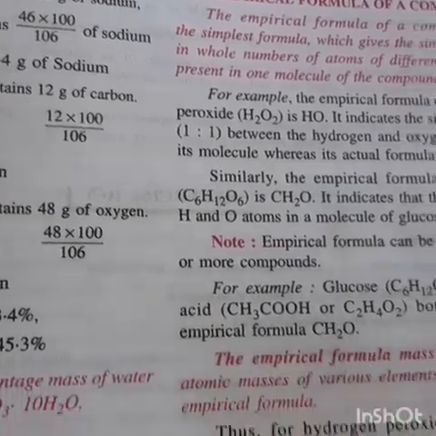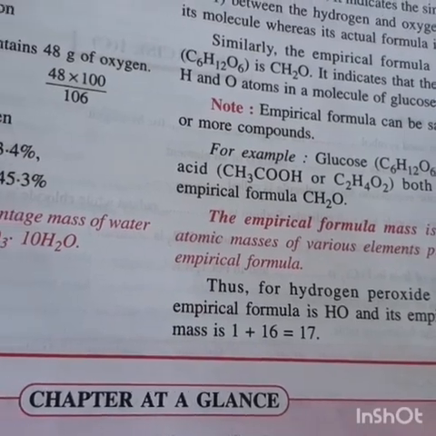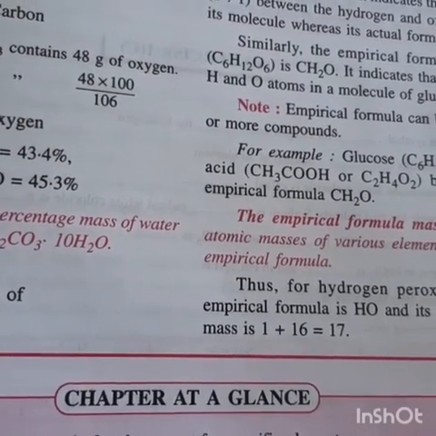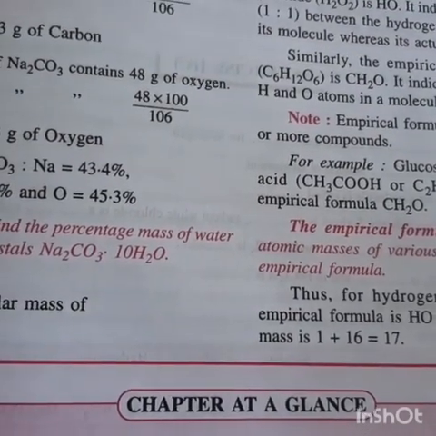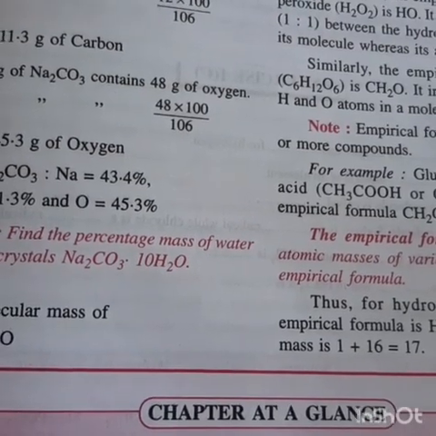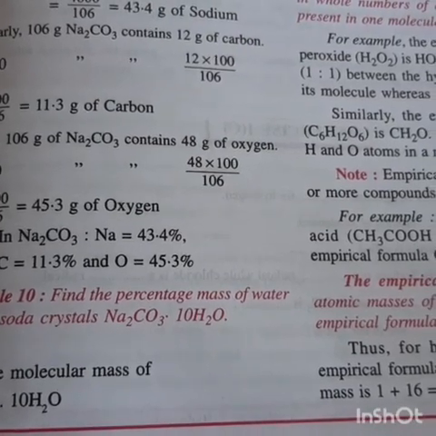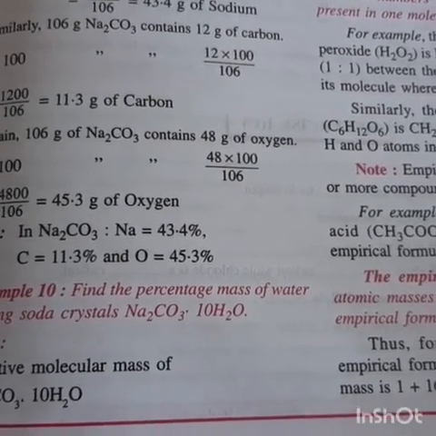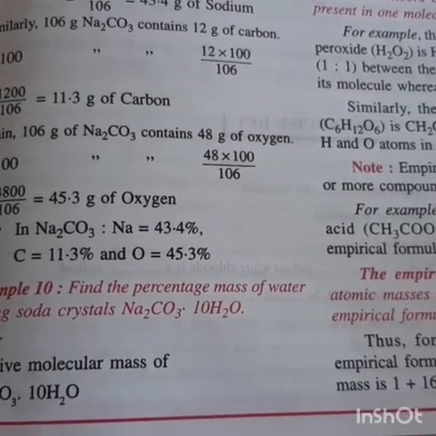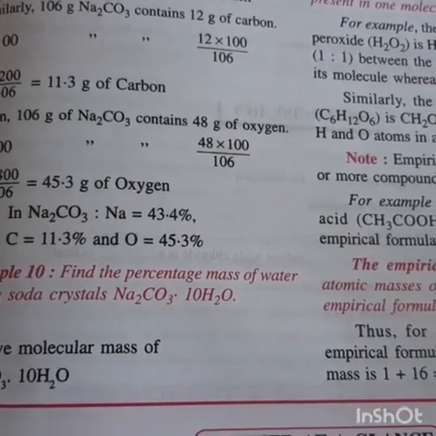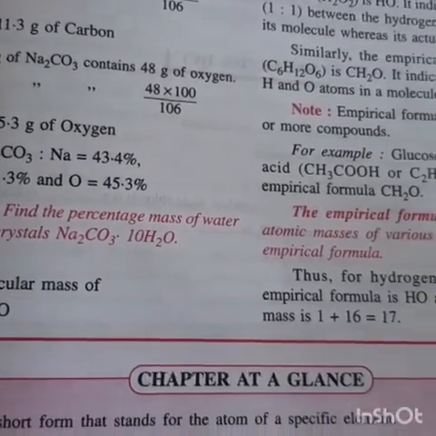If I take the example of glucose, like here it has been given, glucose is C6H12O6. What do I find common in them? All are multiples of 6. So if I divide all of them by 6, I will get C1H2O1. Is it clear or not? So what do I get? CH2O. So this is the simplest ratio, that for one carbon, there are 2 hydrogen and 1 oxygen. It is the simplest ratio of all the atoms present in the molecule, known as the empirical formula.